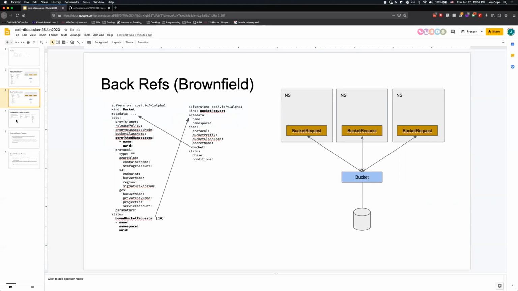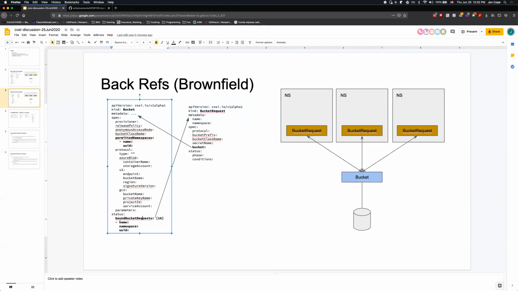So I think you're taking a position here, and I don't agree with it, but I just want to call it out. And that is that you look like you are individually listing every single back reference, right? So there's an array of these, right? Yes, and these, so let me clarify this. This would be a controller managed